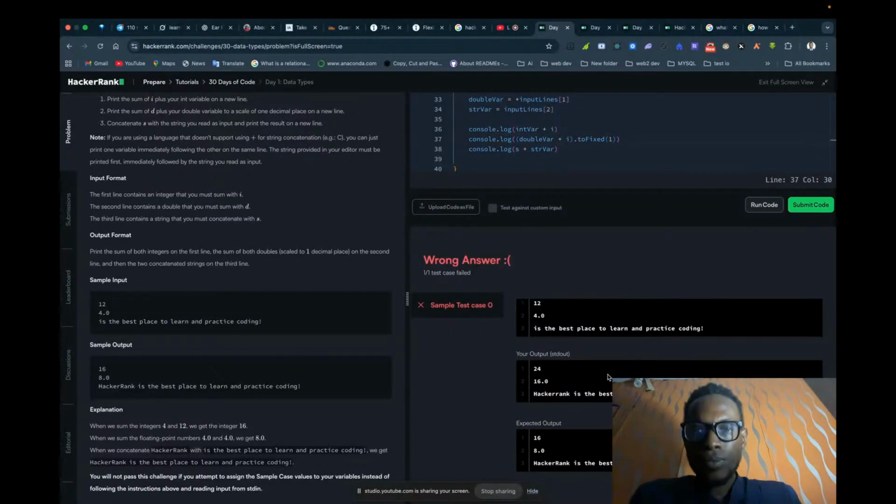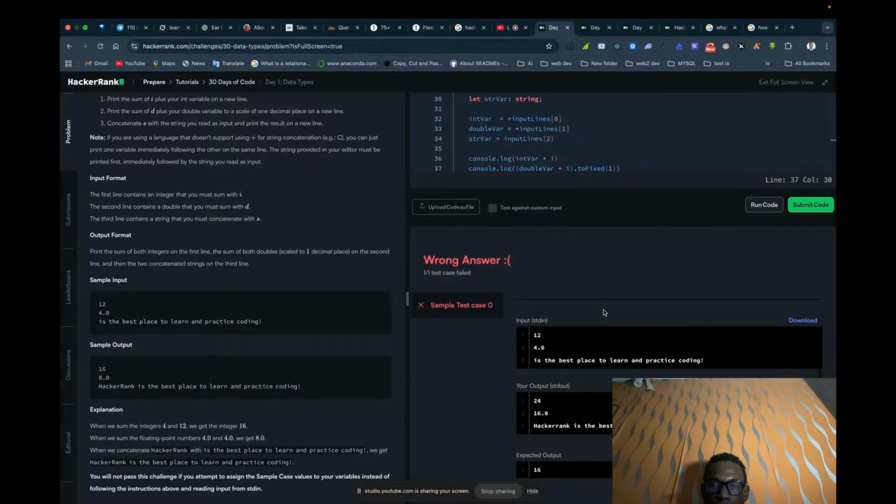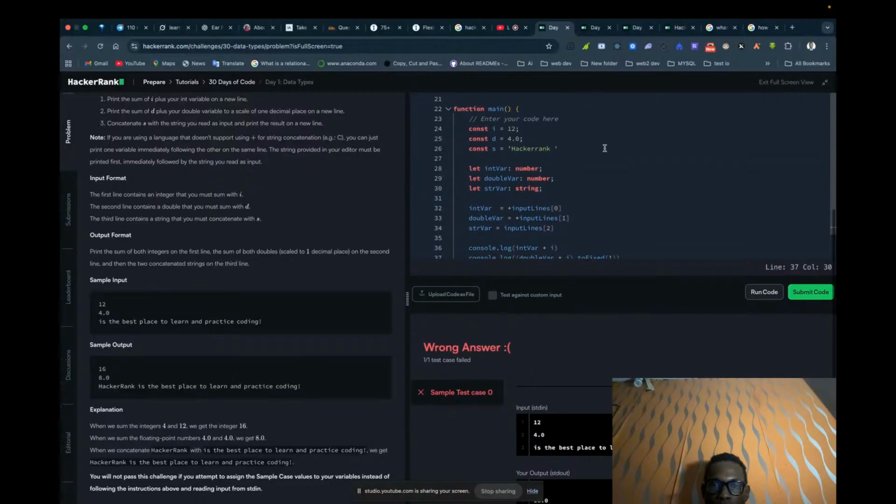Okay, so it runs, but it's not matching the expected output. So I'm getting 24 instead of 12, 16 instead of 4. The last one looks good and fine. So what is happening? So my input is 12, and then